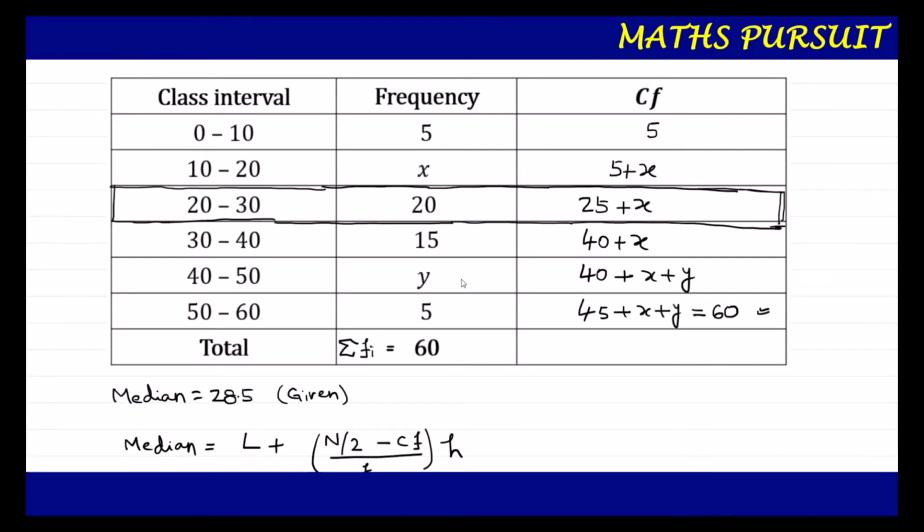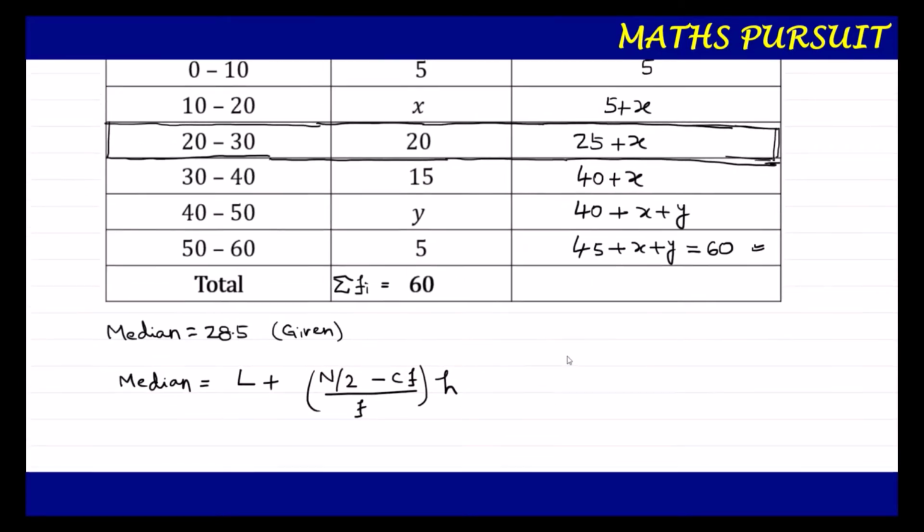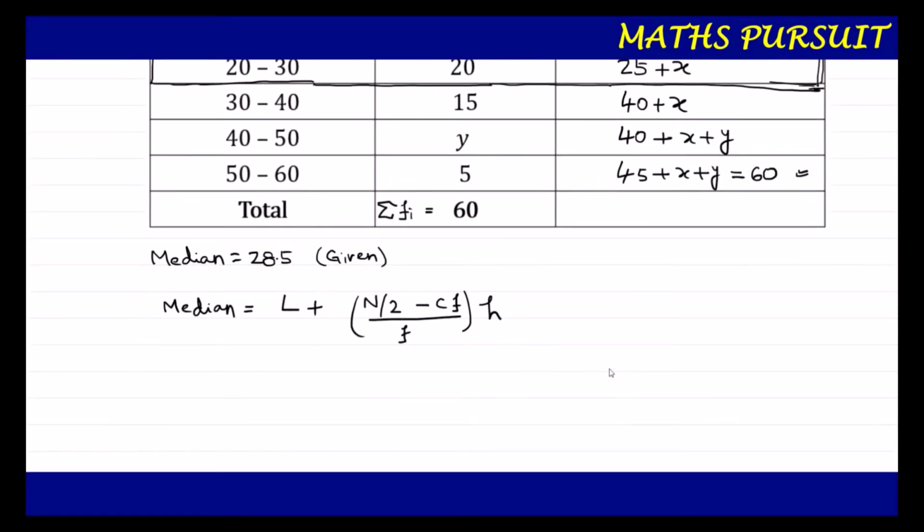So keeping that in mind, our median is 28.5, so our median class lies in this row. Now, as we got the median class, we very well know what cumulative frequency is. Let us do it one by one. In the median formula, we have L plus. So let us determine what L is and what n by 2 is, then we can move on to finding the median.